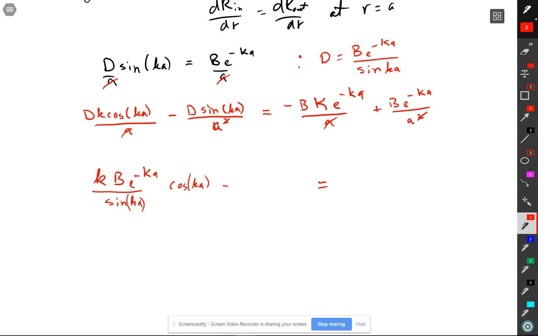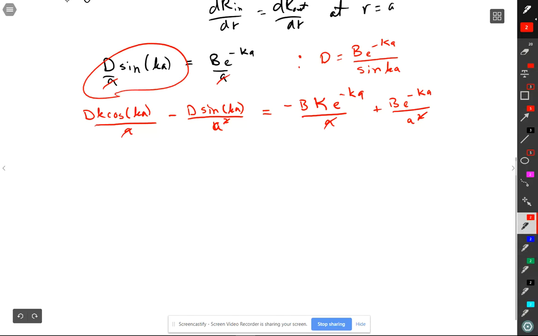Wouldn't that be quicker? Yes, it would be quicker to divide. So if I divide the left side by this and the right side by this, I will have K sine or K cosine